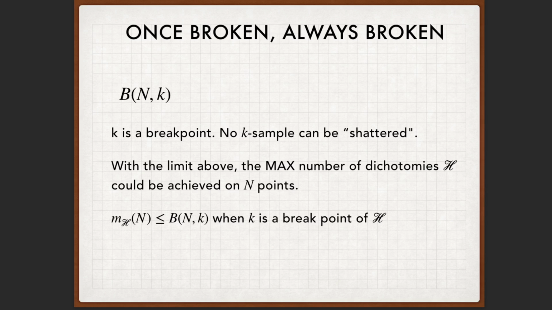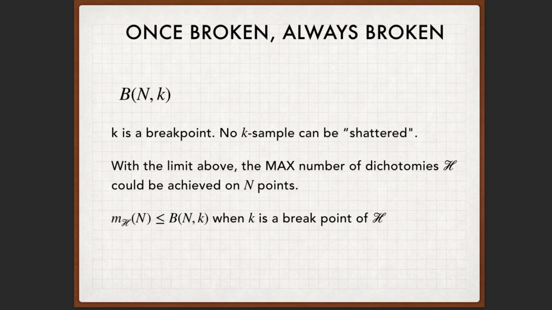This refers to the concept that if there is a breakpoint, let us accept the assumption that no k points can be completely covered, can be shattered. There are no k points on which we exhaustively take the 2 to the power of k dichotomies. So there is no such complete coverage of the dichotomies for any k-subset of points. When this is the condition, we are considering the maximum number of dichotomies that could be